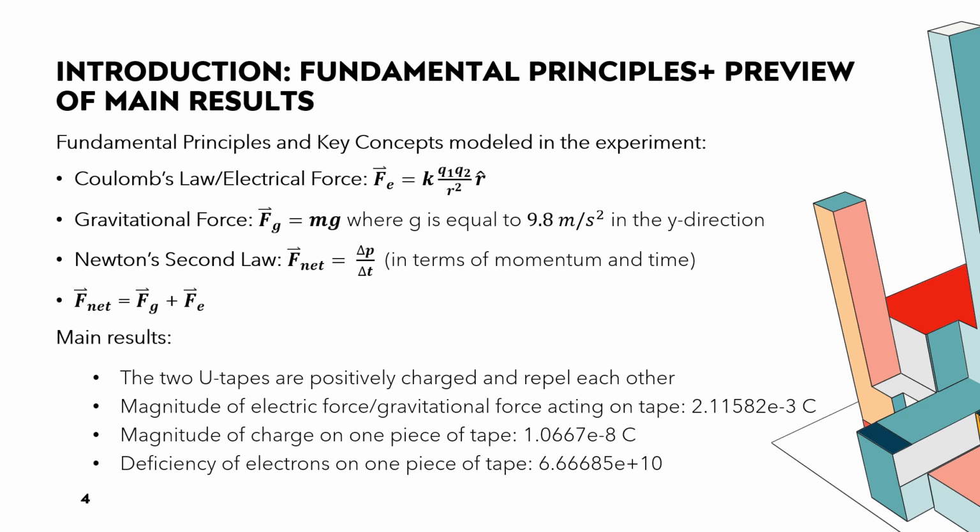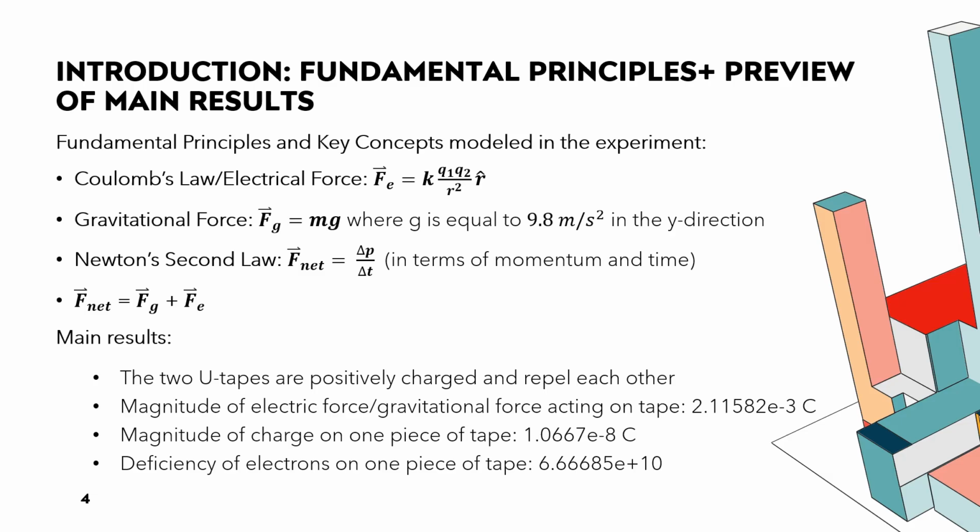And then for Newton's second law, we can conclude based off this equation that F net is equal to 0 when the momentum does not change. This will prove to be important when we're analyzing the net force on the tape. And then we also have another expression for F net, which is just that F net equals the gravitational force plus the electrical force. And then written down below, we have a few different main results that we concluded, which